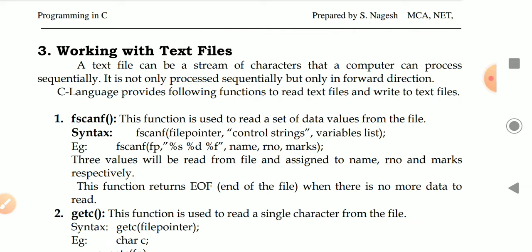Subject Computer Science, paper Programming in C. Now we are in 4th unit, second chapter Files. Yesterday's video we studied what is a file and how to use files in a C program. We have studied that